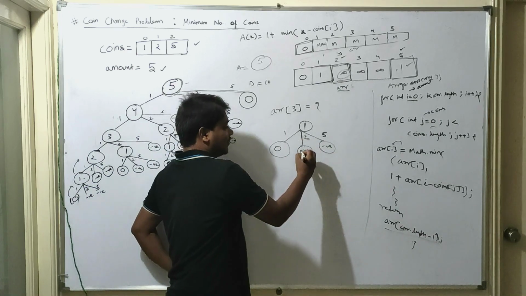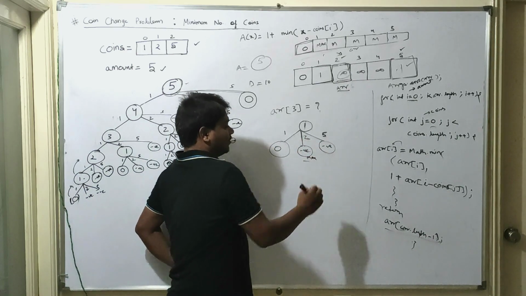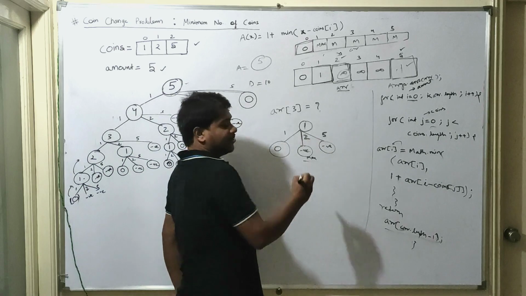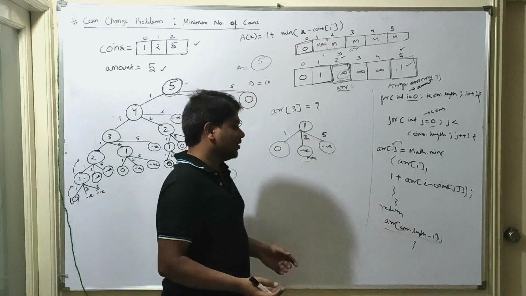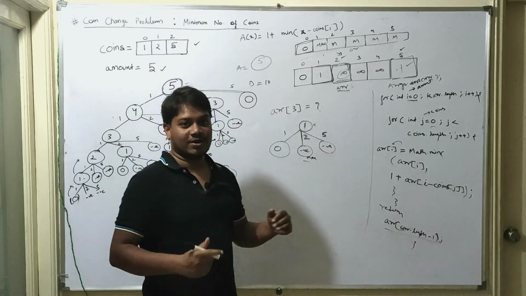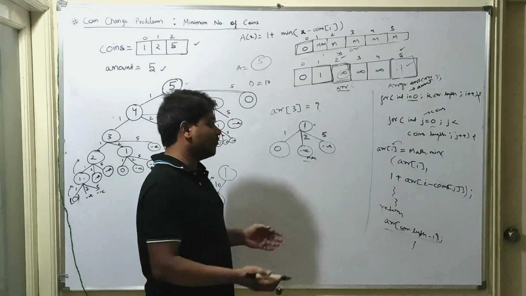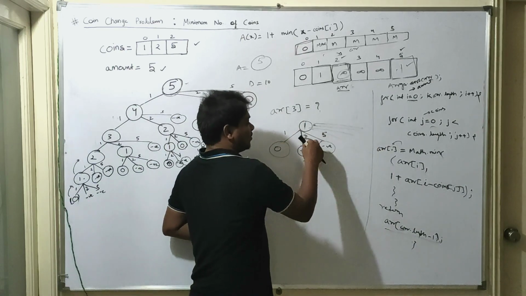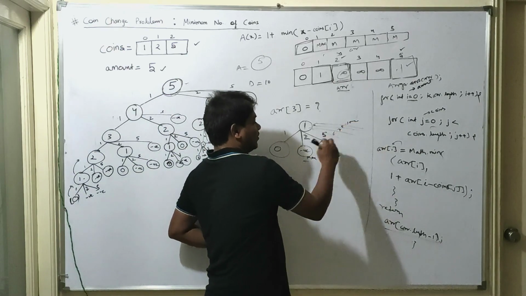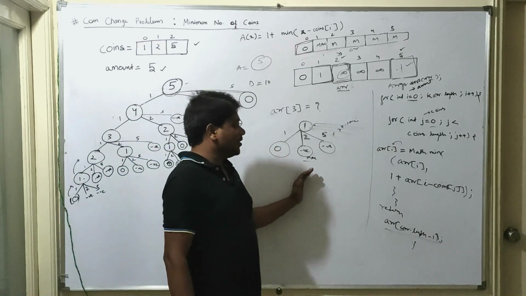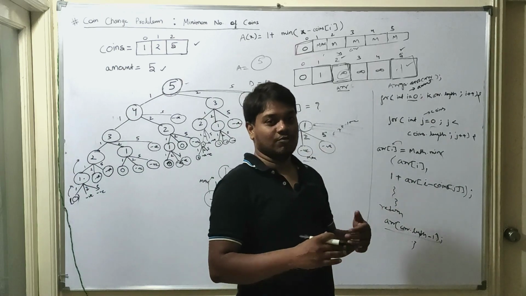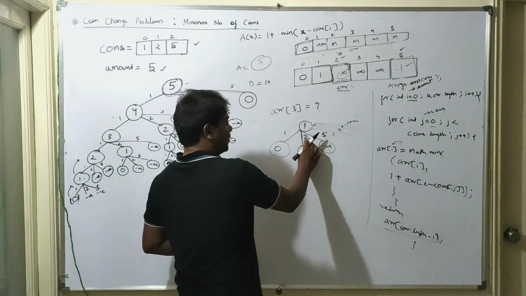So if it is coming maximum value for any particular denomination, if the denomination that we are trying with is greater than the amount, then there is no point in moving further. If there are 100 or thousands of coins, then there is no point in moving any further, because the array is sorted, and suppose this value is 6, 7, 8 or 1000. If it is coming negative over here, then because of the sorted array, all the other values would be greater than the current denomination. So there is no point in going further. Okay, so we'll stop it over here.